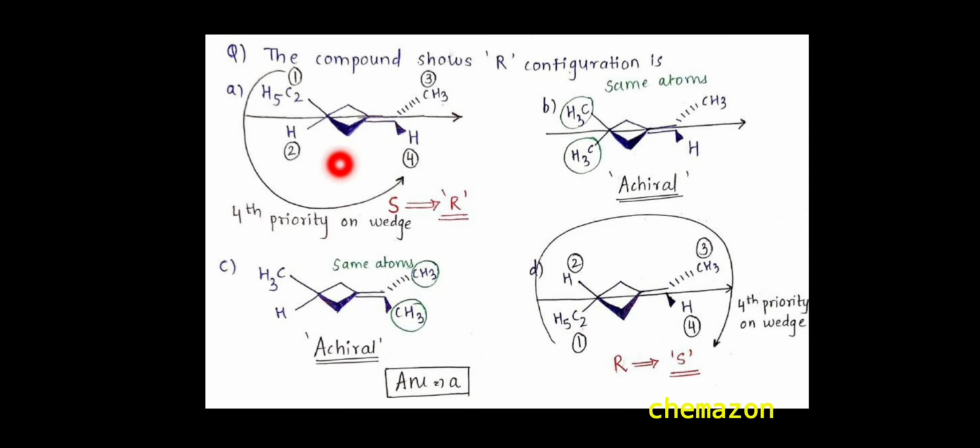So let us see the first problem. In the first option, you would find that the absolute configuration is R. So this is the correct answer. But let us see the other options as well. Here you can see at the terminal carbon there are two similar groups. But we know that when there are two similar groups on the terminal carbon in an allene molecule, a plane of symmetry would be passing through this molecule, and hence it is achiral. Similarly, in the third option, again at the terminal carbon there are two similar groups. Whereas in the last option, if you find out the RS configuration, the absolute configuration is S. So our correct answer is option A.